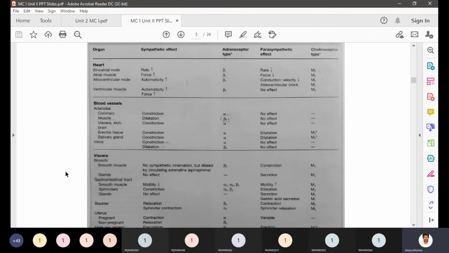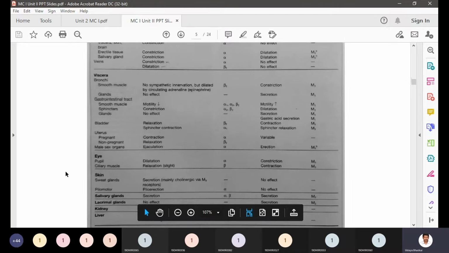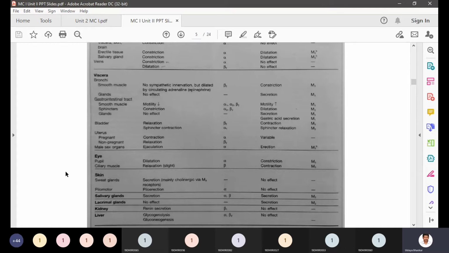When it is relating to the blood vessels, constriction will increase the blood pressure, dilation will decrease the blood pressure. So that is the reason most medical practitioners tell you to keep your mind cool and calm, so that the blood will be supplied in enough quantity to all the organs and every vital function of the body is not interrupted. In viscera, bronchi, you have beta 2 that will dilate the bronchioles, and the cholinergic system will constrict.